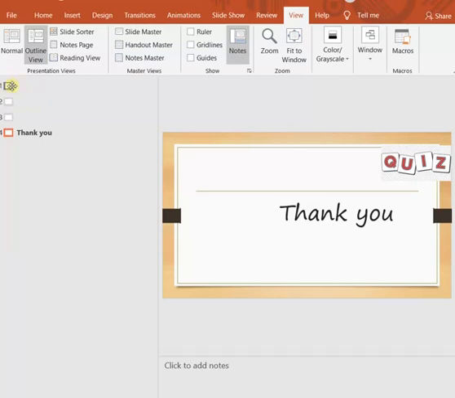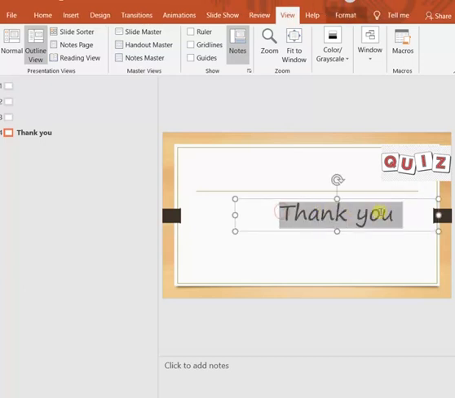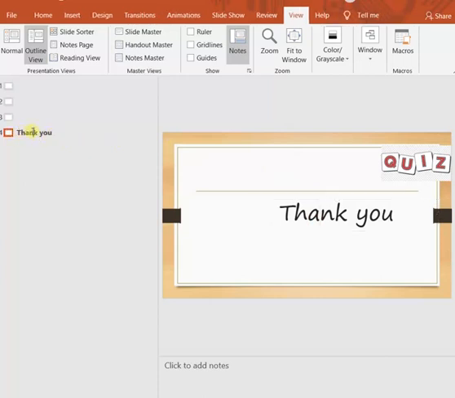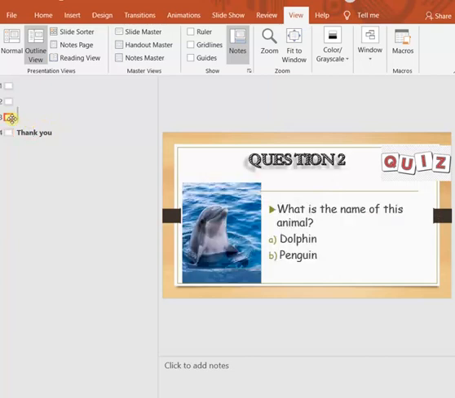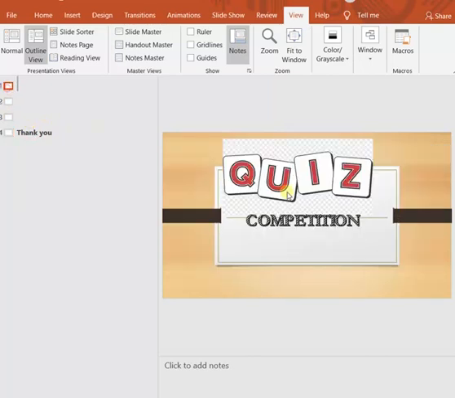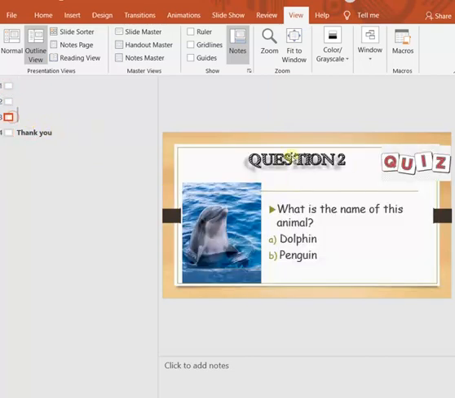Only the slides will become small icons, and the main text from each slide will be shown. Suppose the 4th slide, you can see the main text is there, thank you. Only this text is present in this slide. So in the outline of the slide, thank you is written here. But in slides 3, 2, 1, many things are present there.